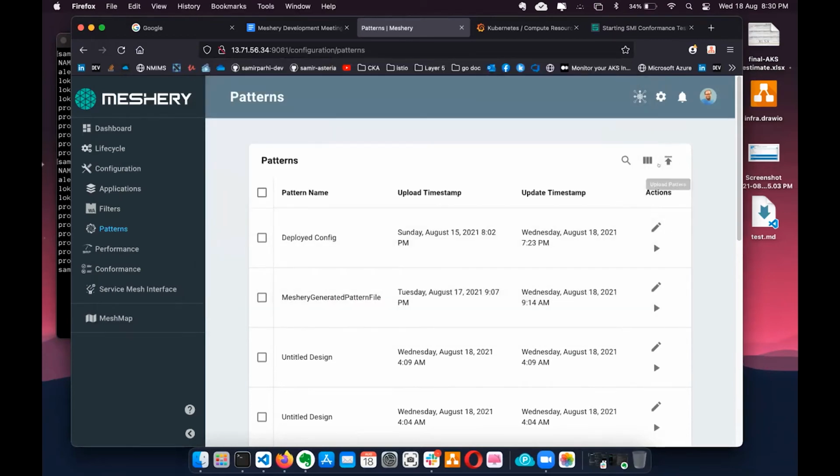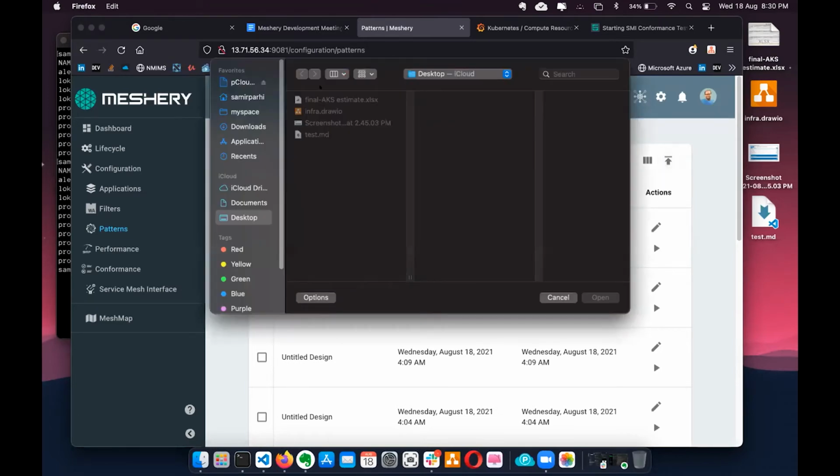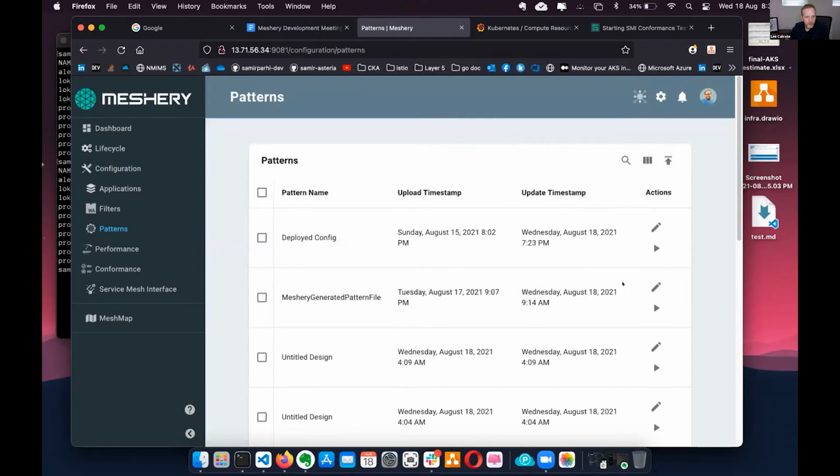So is there a good way to give an indication, or do some UI-side validation of whether what I'm uploading is a proper file, or give some indication, maybe just YAML or JSON? Yeah, that's good feedback. Patterns are an emerging concept in Meshery, and there's a lack of context for what the user is supposed to do.